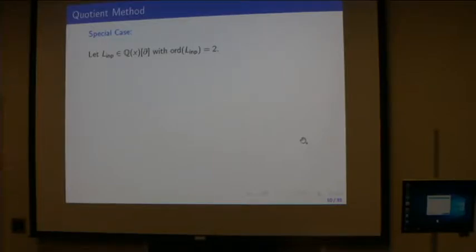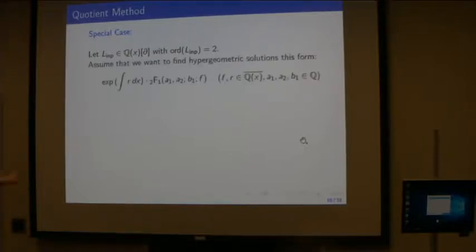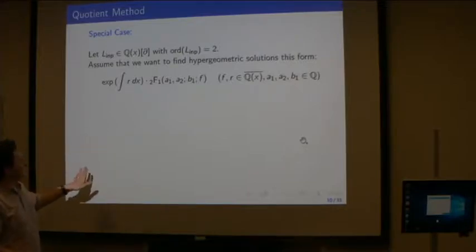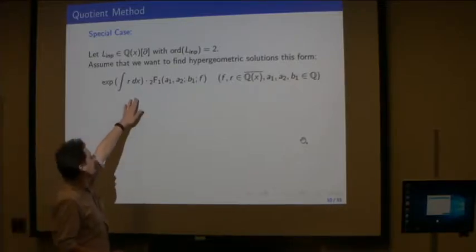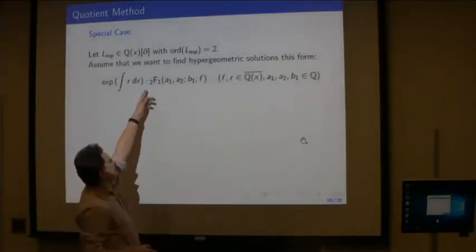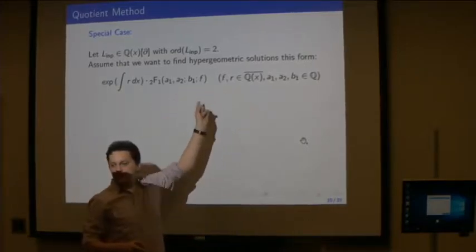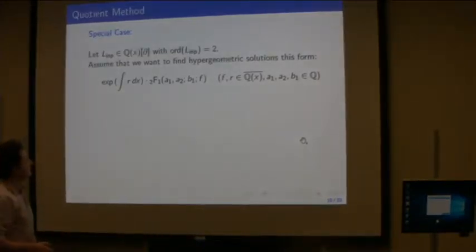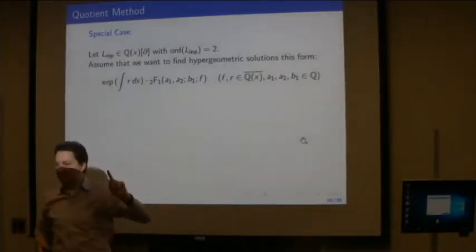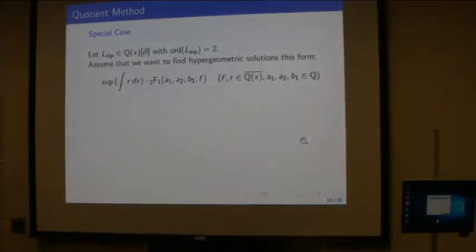Okay. So we have an input, which is a second-order differential operator. First we will start with the special case, and by special case, I mean we will try to find solutions of this type. In the general solution, we have this exponential function times, in parentheses, a function times 2F1 plus a function times the first derivative of this 2F1. Now basically we are saying that we are taking r1 equal to 0. Now we only know L input, and we are trying to find solutions of this type